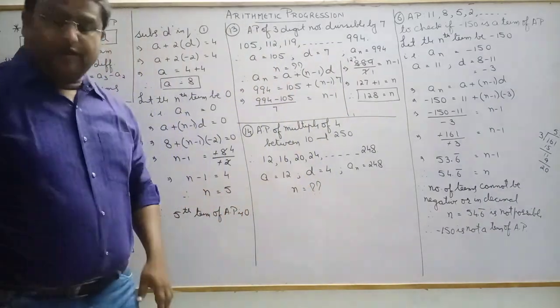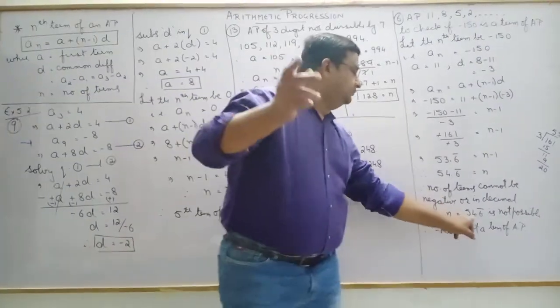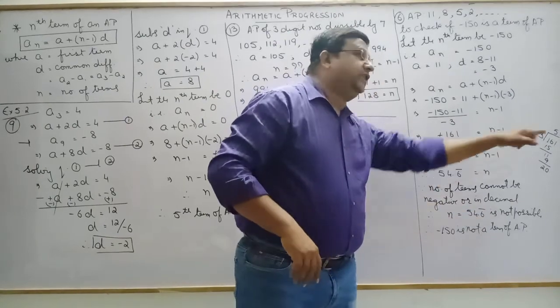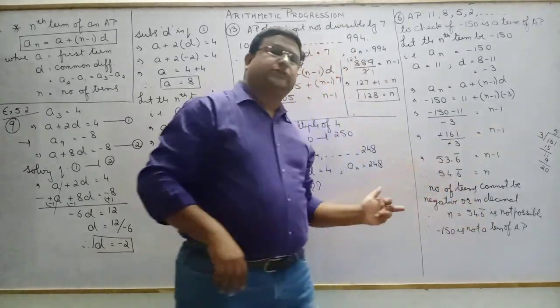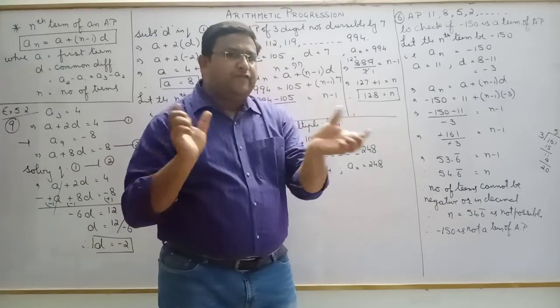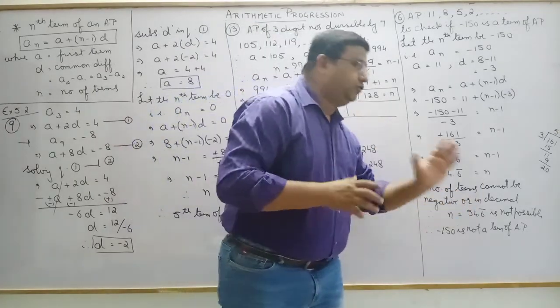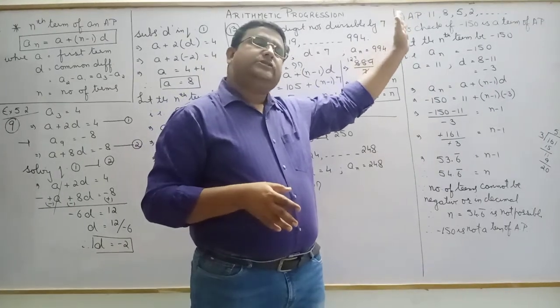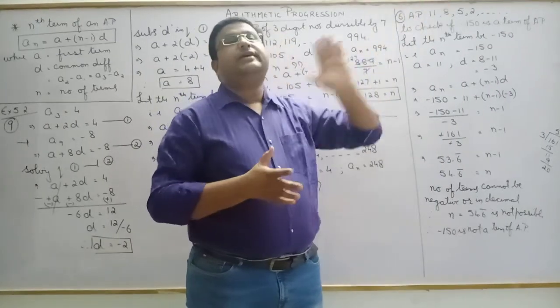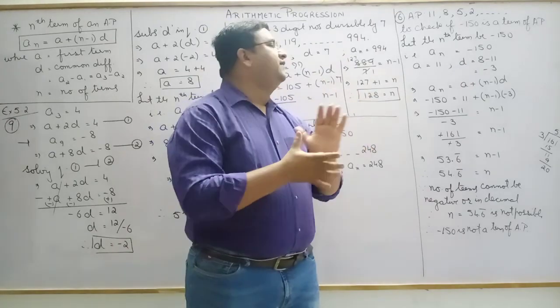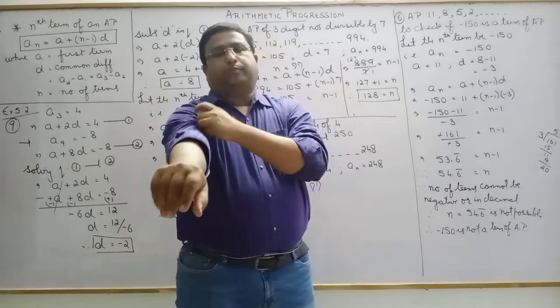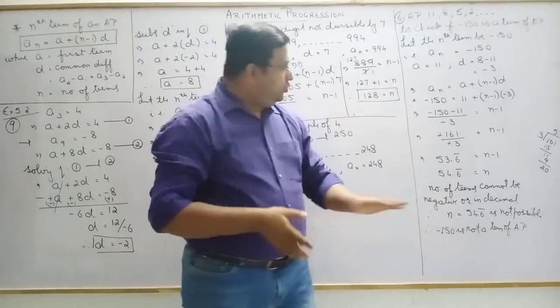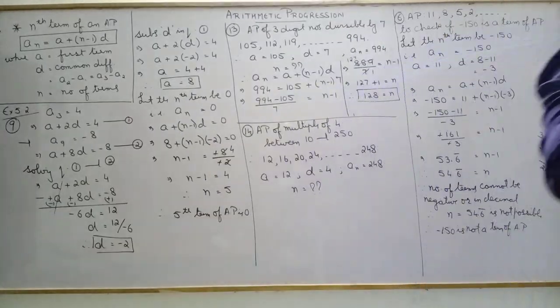You can verify it also. You can find the next term, the 55th term and the 54th term. 54.6 is between 54 and 55, so you can verify both of them. You will see that the 54th term is positive and the 55th term is negative. So no, it is not possible. Clear, students? So you can see the number of terms, how we write it and what we mean by that. I hope it is clear to you.